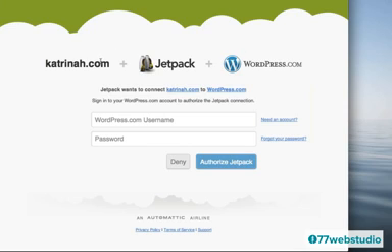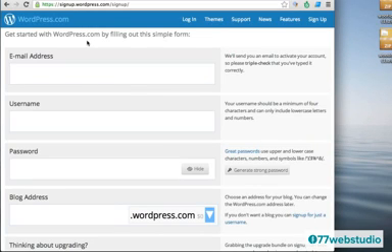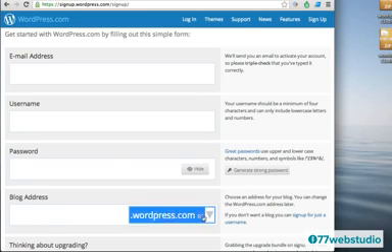And here it says, okay, we need to connect the website to Jetpack and to WordPress. So if you have a WordPress.com account, you can just add your username and password here. And if you do not have an account, you can click on this link here that says Need an Account. So the good news is that WordPress.com is free, so you can just sign up by filling in your email address, your username, and a password, and then you can create a blog address if you would like, or probably